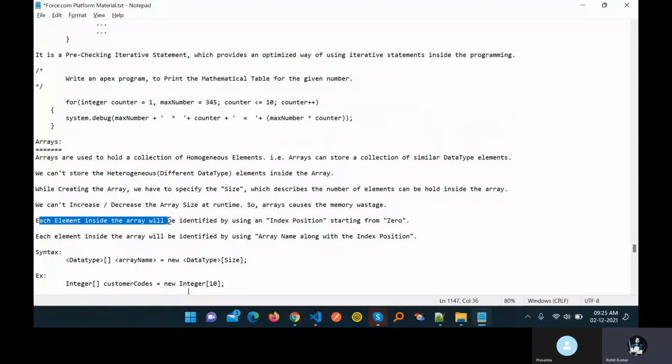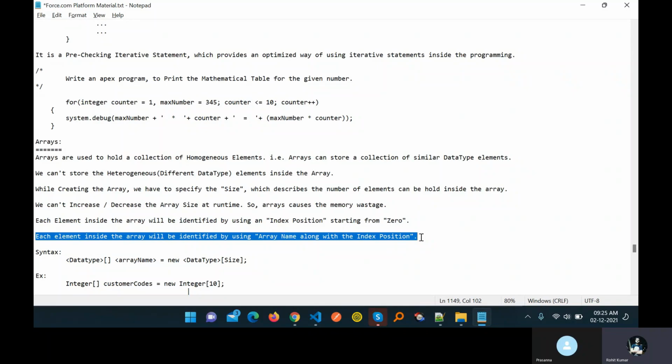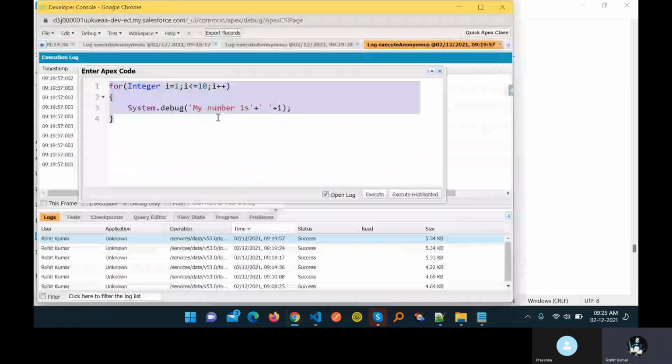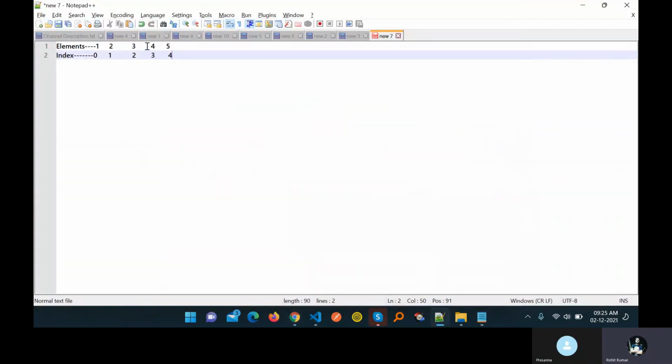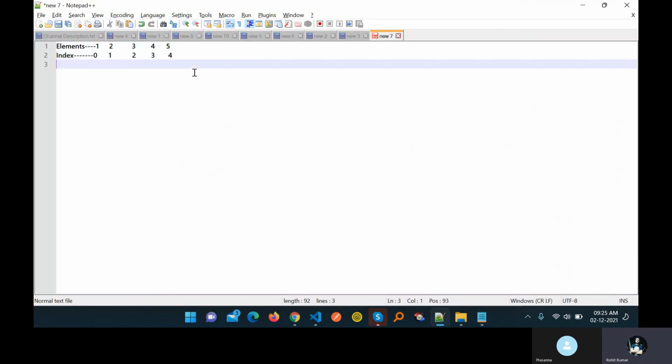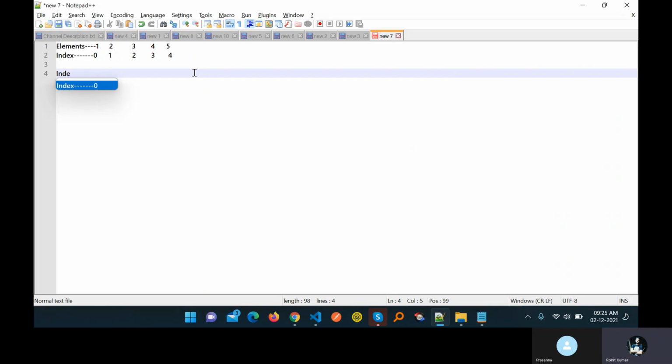Each element inside the array is identified using the array name along with the index position. Suppose I want to access the element 5. You can easily understand: index of 4. Which element is coming? You can see 5, like that.